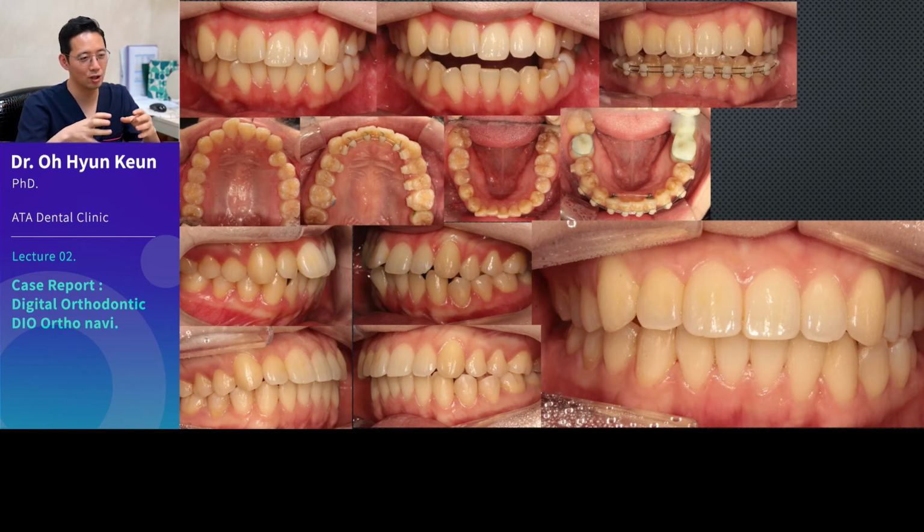So I recommend you start with a rather easy case at first. Let's say the female patients who visit your practice in their 40s to 50s. Almost always their anterior teeth are crooked in the maxilla or mandible in one way or another. The reason these patients don't want to have braces is because they are placed on the outside. But if you tell them there's a way to do it on the lingual side, and it'll be quick, within 6 months, they will be more willing than you may think. They don't do it because they don't know there's this option. Once they know, they would want to do it, I'm confident.